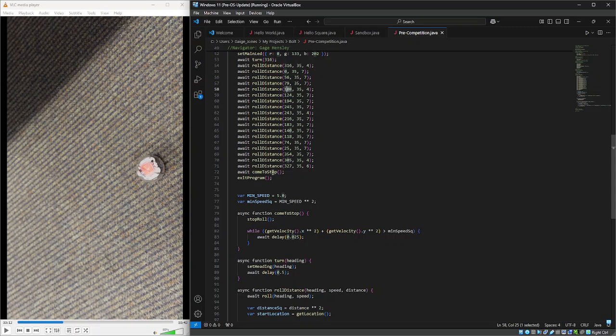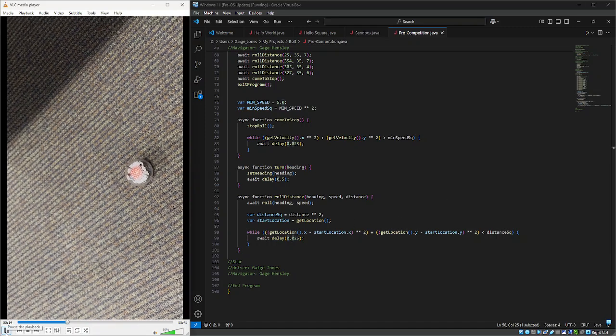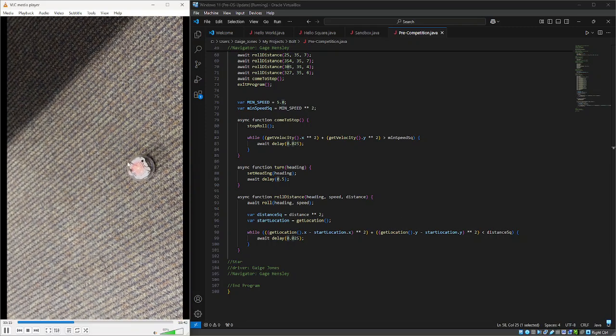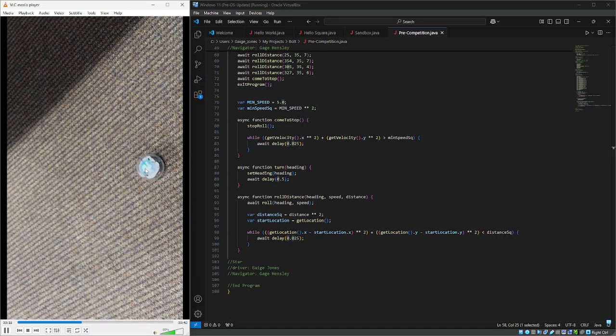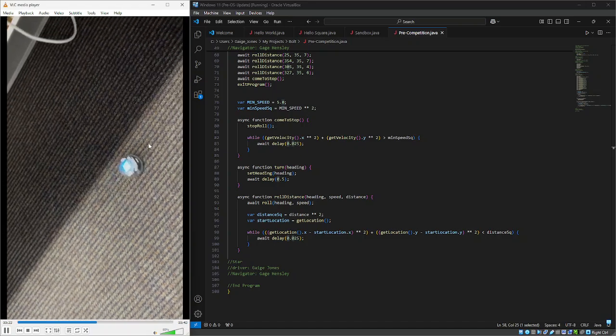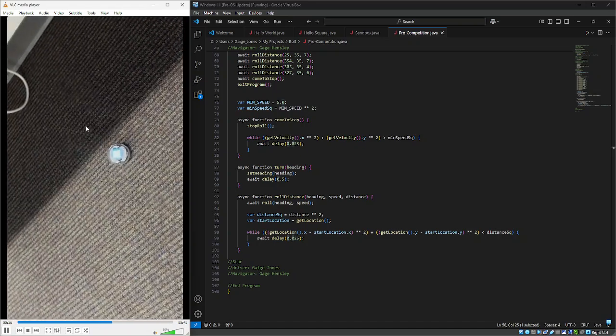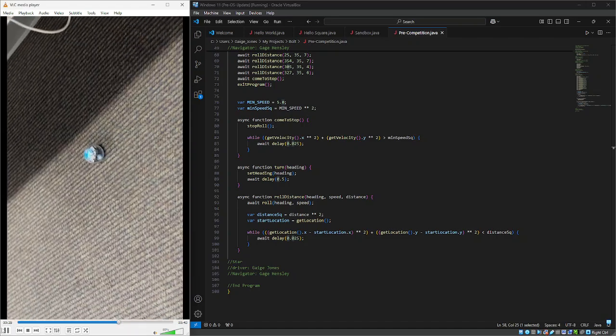And then it'll come to a stop, and then it'll come down here, get velocity, and finish everything else off. And as you can see, when we play it, it'll change the LEDs to blue right now. And then it's going to do an 8. As you can see, it does the first half of the 8, and then this is the second half of the 8. And now it's going to come to a stop,